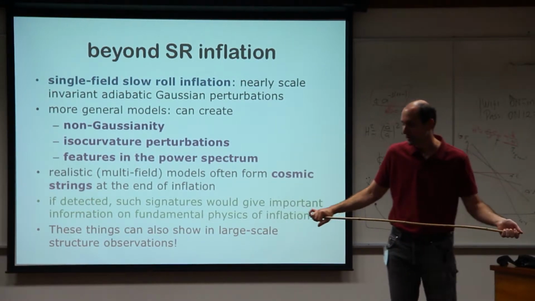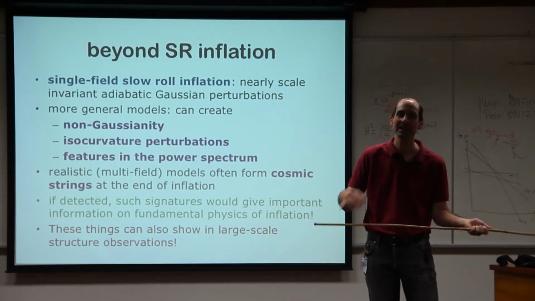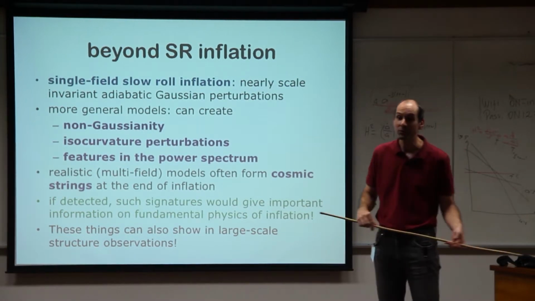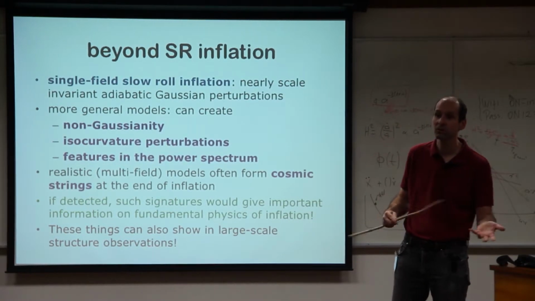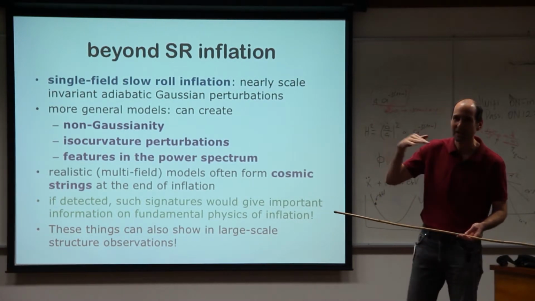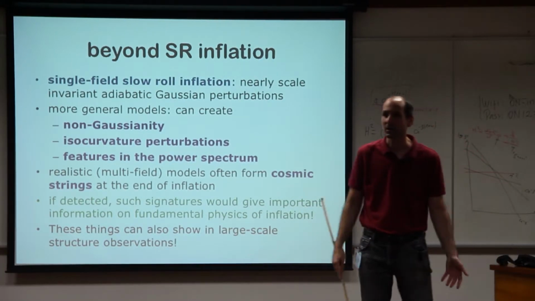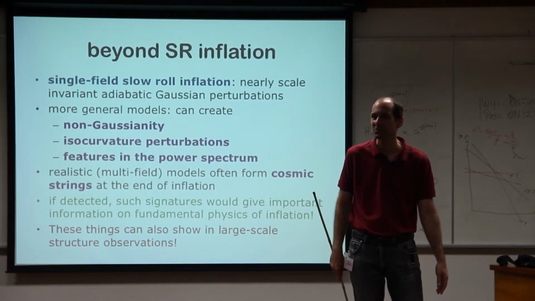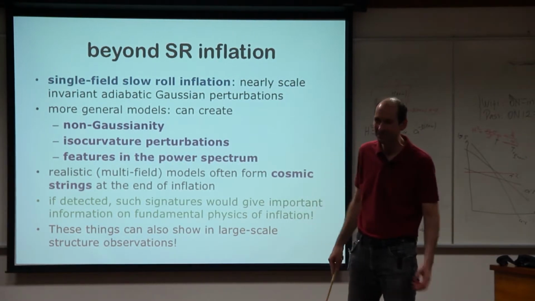They are not the dominant source of the perturbations, because otherwise that wouldn't work, but they add some perturbations on top, and so then you can put constraints. We don't see any, so we know that they have to contribute less than about 1% of the perturbations that we see, and that puts constraints on the energy scale of such a transition. This rules out some kind of, I don't remember, F-term breaking supersymmetric models. Okay, so effectively it's a bit like a game.